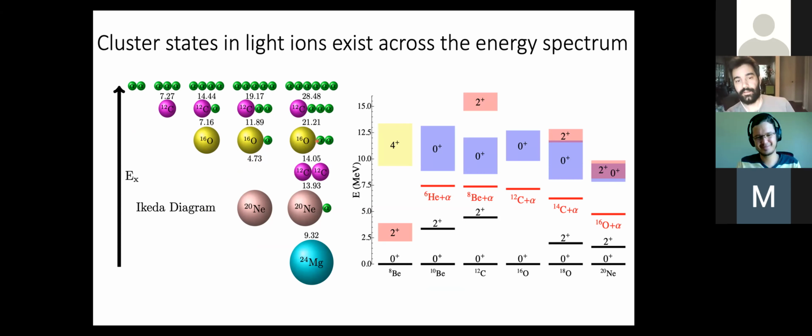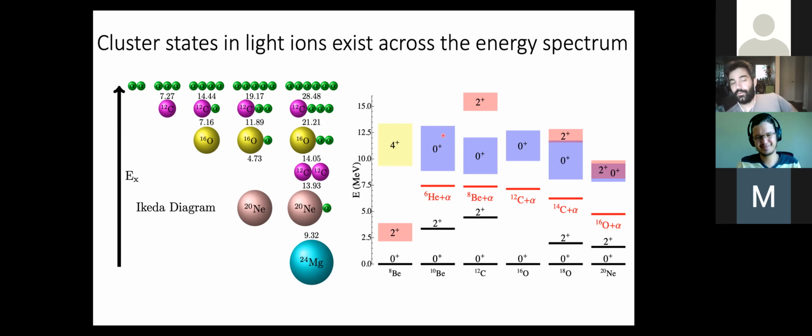Now, this is not the whole story, though. Ideally, you expect these states to really affect the alpha reaction rates, because you expect these states to have high alpha spectroscopic factors. With high alpha spectroscopic factors come high alpha widths. And then if you have a big alpha width, you know that state will saturate the alpha strength. So it will essentially collect all the alpha strength in itself. And therefore, it will be a major player if you're trying to accurately compute what an alpha reaction rate is. But that's not the whole